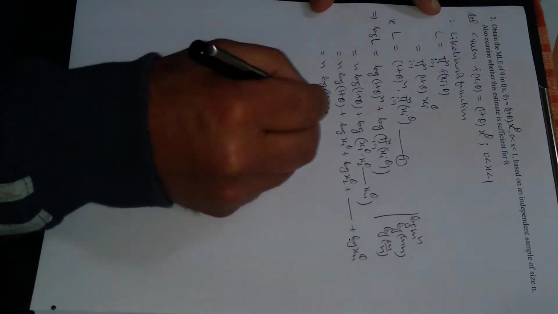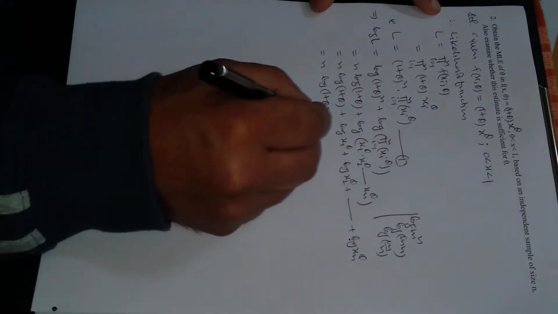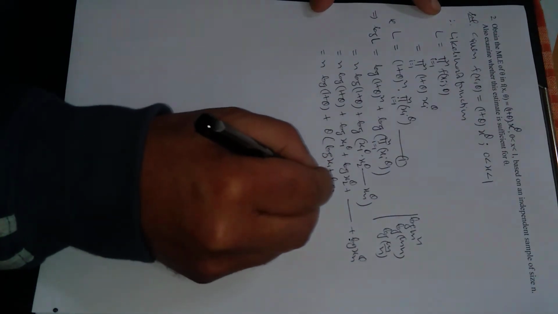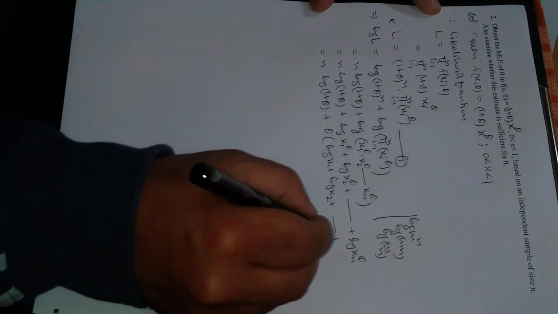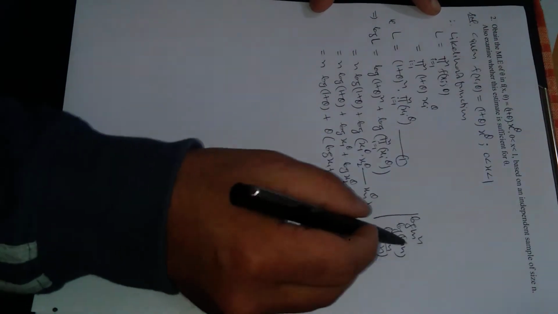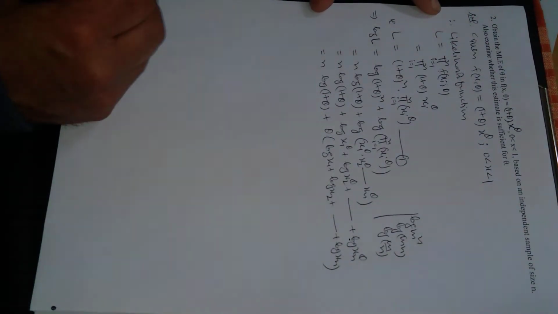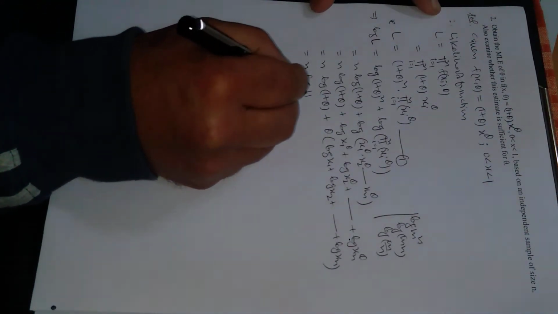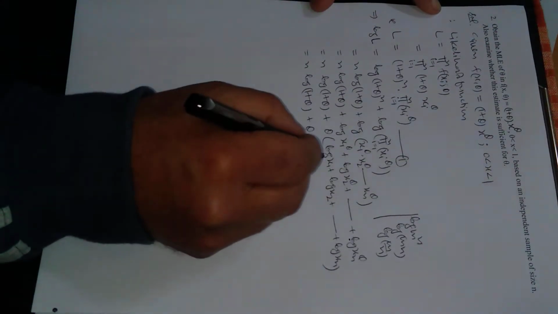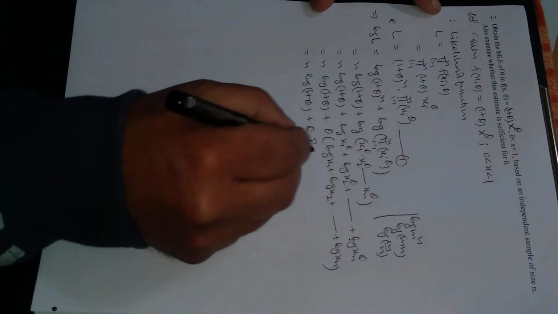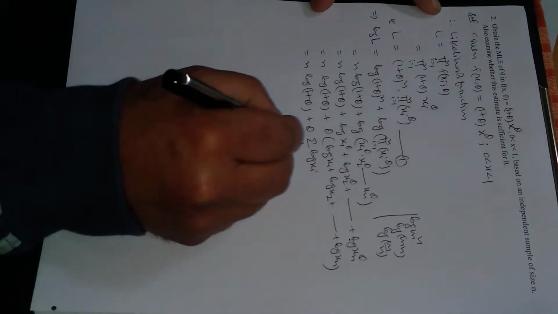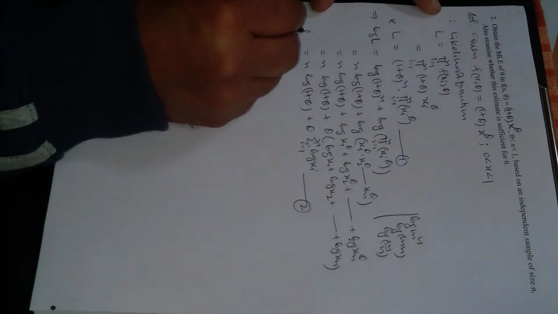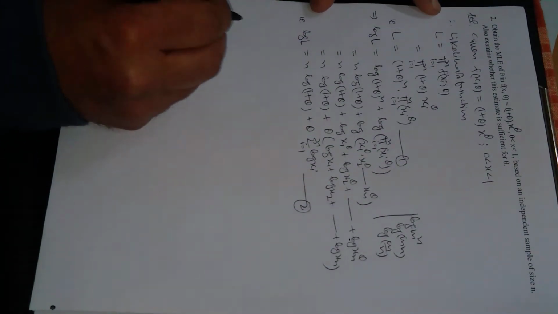Which is equal to n log (1 plus theta). Now using the first formula, theta is common everywhere, so inside we get log x1 plus log x2 and so on up to log xn, because we use this formula in each of these terms. So this is further equal to n log (1 plus theta) plus theta times the summation of log x i, where i is varying from 1 to n. Let us call this equation number 2. This is log L.